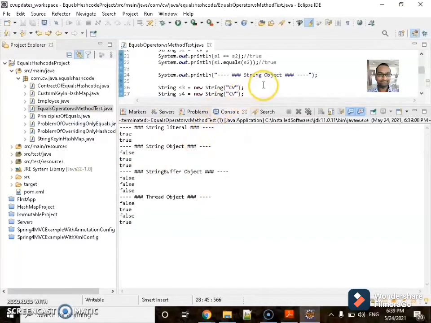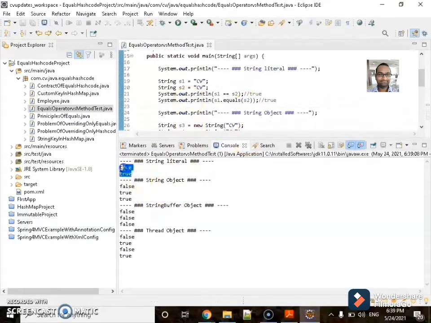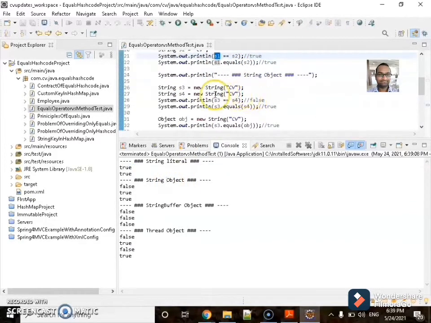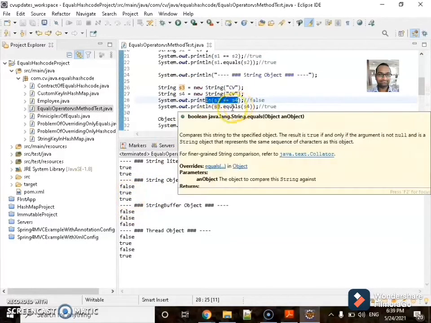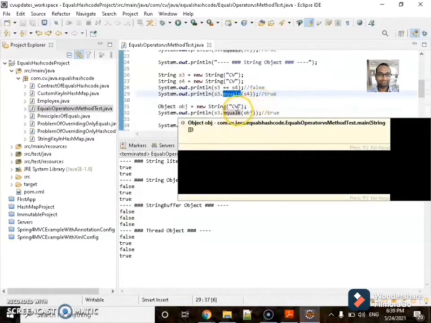If you can see the output, first one is true, meaning for the literals both equals method and equals operator give true, whereas string objects give false for the equals operator and true for the equals method.